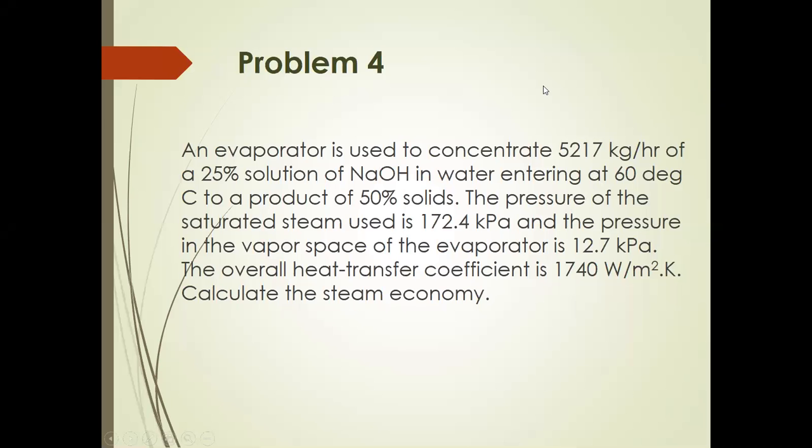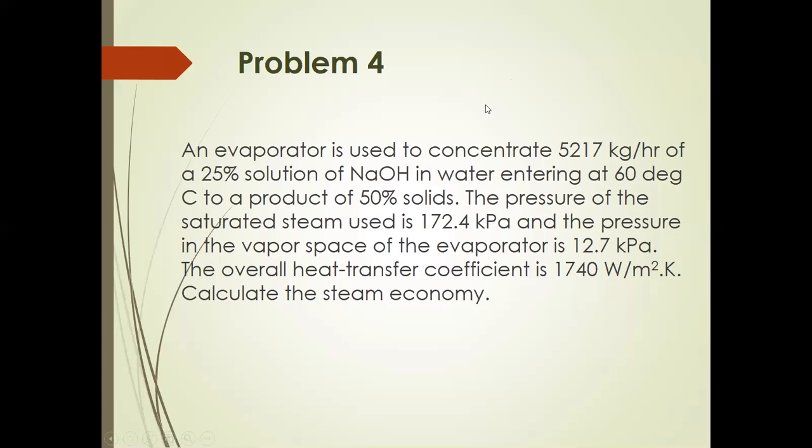Now, problem number 4 is the actual application of the principle of boiling point elevation or boiling point rise in cases wherein your solids in solutions have concentration higher than 10%. As much as possible, we want the concentration to be even less than 5% for our values to be acceptable, because then our solutions are said to be dilute. And you have also learned that if the solution is dilute, its behavior is comparable to that of water.